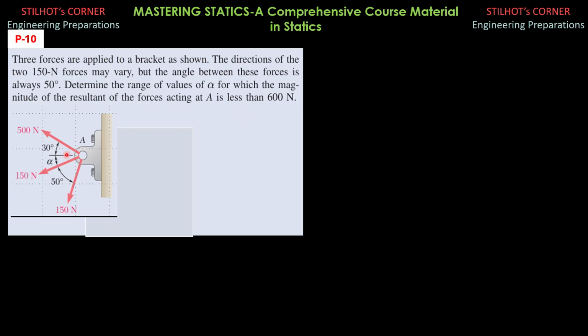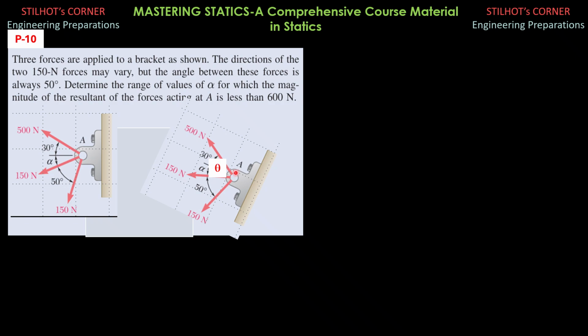So to simplify the solution, my idea is I rotate the axis or these forces such that this 150 Newton force will be directed to the left along this horizontal axis as shown here, so that this 30 degrees plus alpha, I'll just treat that as theta as shown. So 150 newtons is directed to the left.